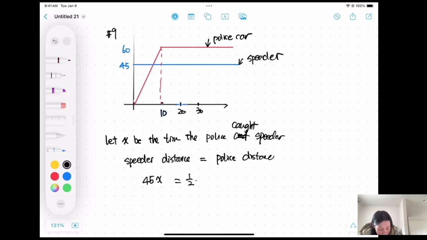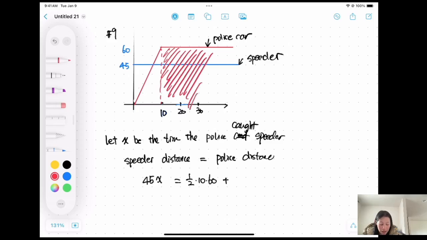Triangle is 1/2 the bottom times the height. That's the triangle. And then this part, we don't know how far it went, so that's why it's x. But remember that your travel time should minus 10, because the first 10 seconds we already used and applied in the little triangle. So when you're calculating the area, you need to minus the 10 because it's starting from the 10 second. So that's why we have the time minus 10 seconds